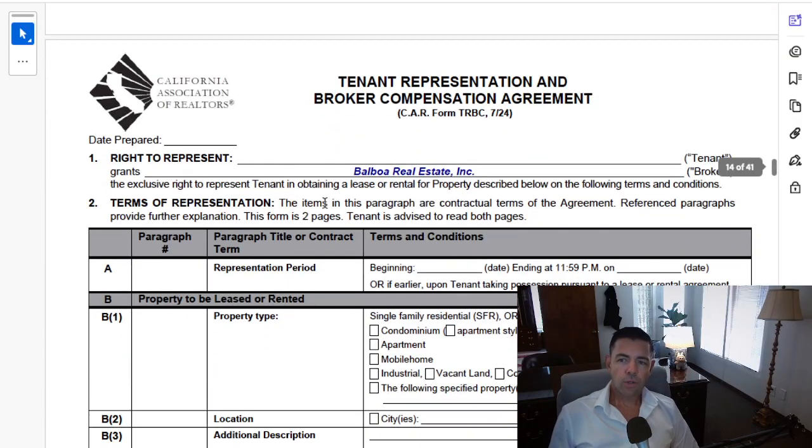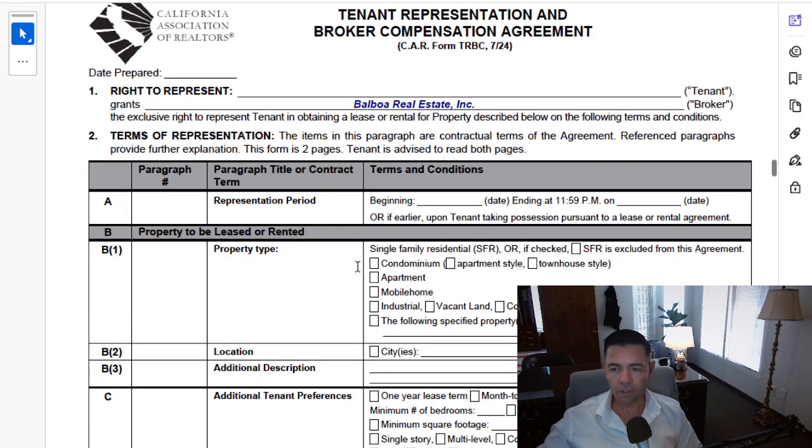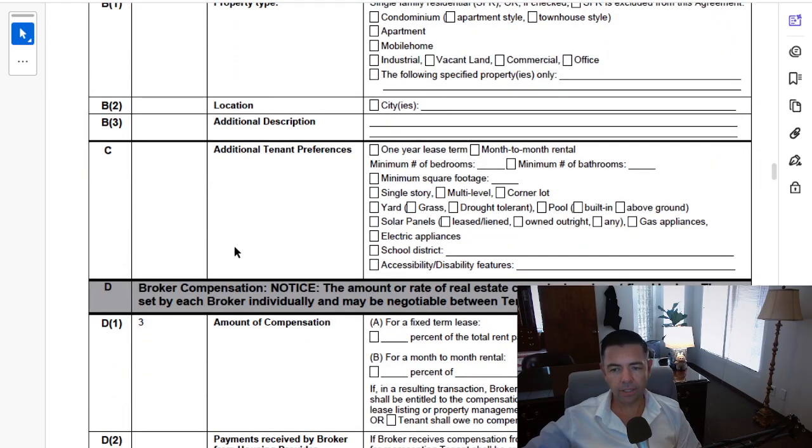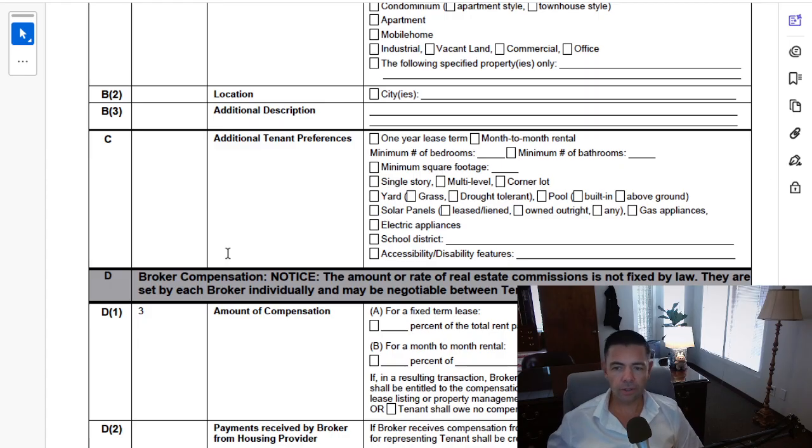Now we get to the TRBC, which is the buyer representation only for tenants. It's a tenant representation and broker compensation agreement, just like in a sales transaction. I'll scroll down here, and I have a video on this separately. I have separate videos if you want to go into details, but compensation is another key part that I want to